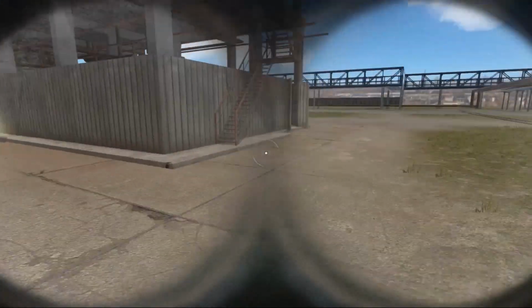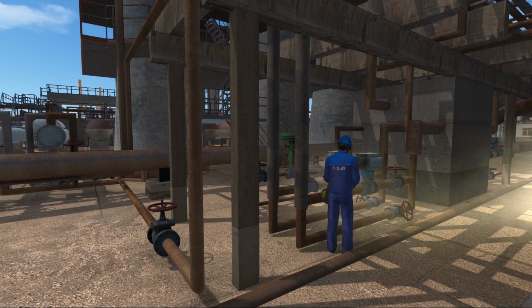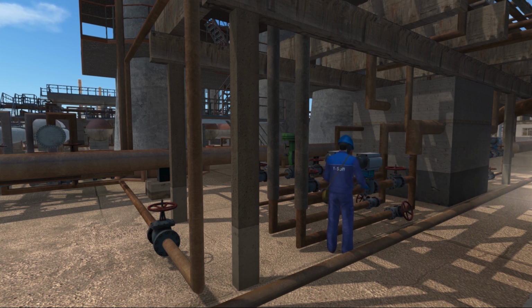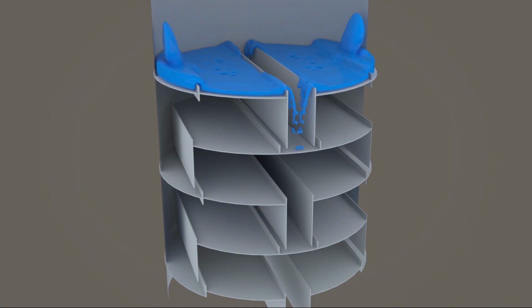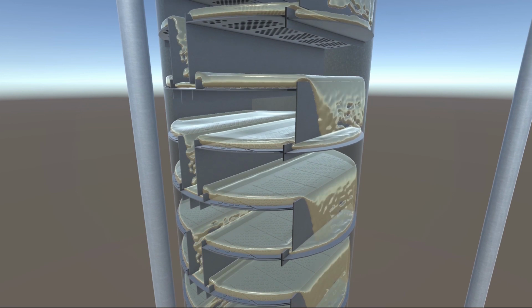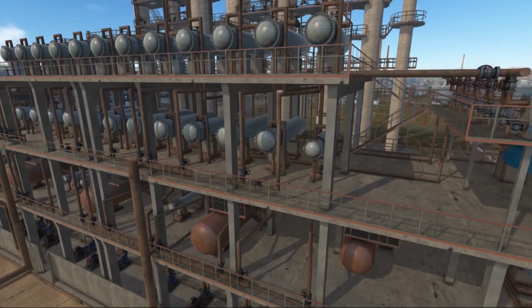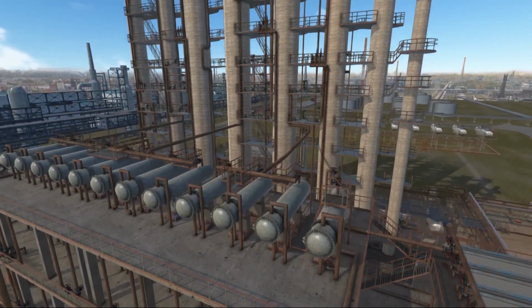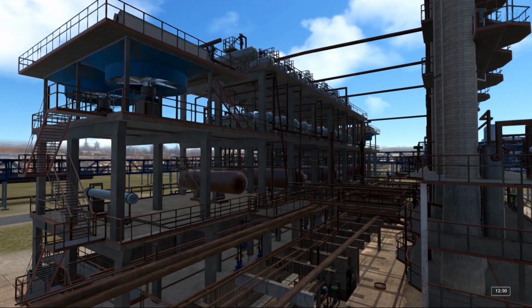The 3D model enables the practice of collaborative actions by the entire team in a networked mode, a necessary condition for practicing startups, shutdowns, and other drills requiring the simultaneous participation of all team members. Additionally, it is possible to implement the internal structure of complex technological apparatuses, allowing learners to explore the internal construction and dynamics of the process in all operating modes. Training under such conditions proves to be the most effective and significantly enhances the comprehensive preparation of specialists.